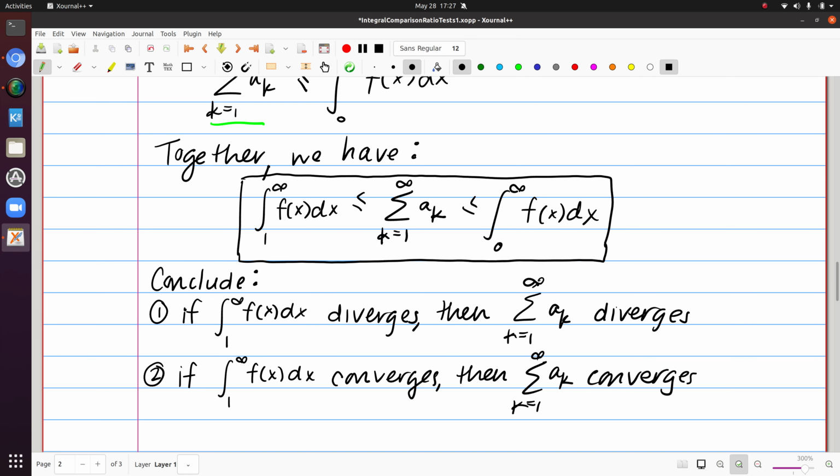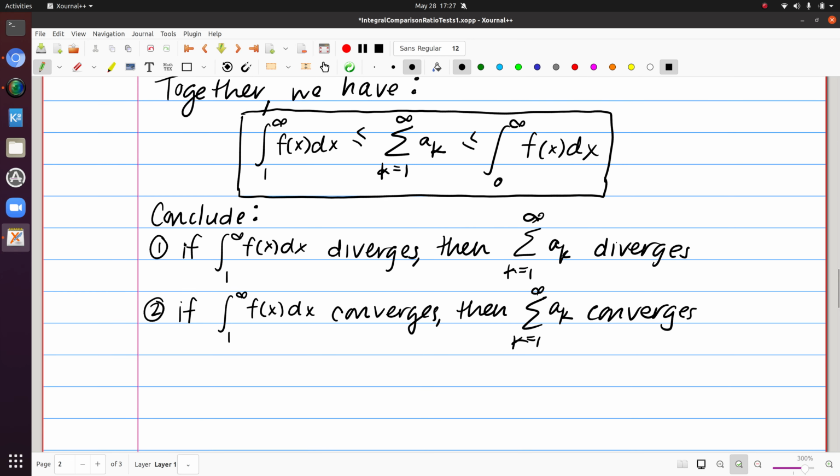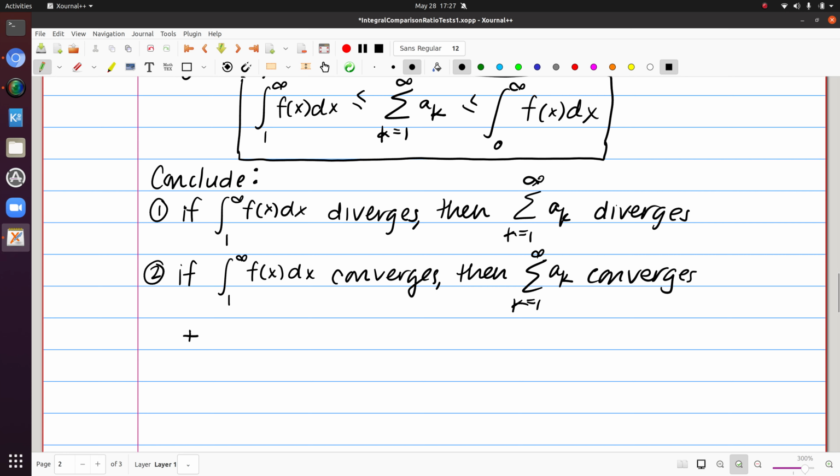And of course that alone doesn't tell me anything about the sum. So here, why is the second one true? Here's what we can say: if the integral from 1 to infinity converges,